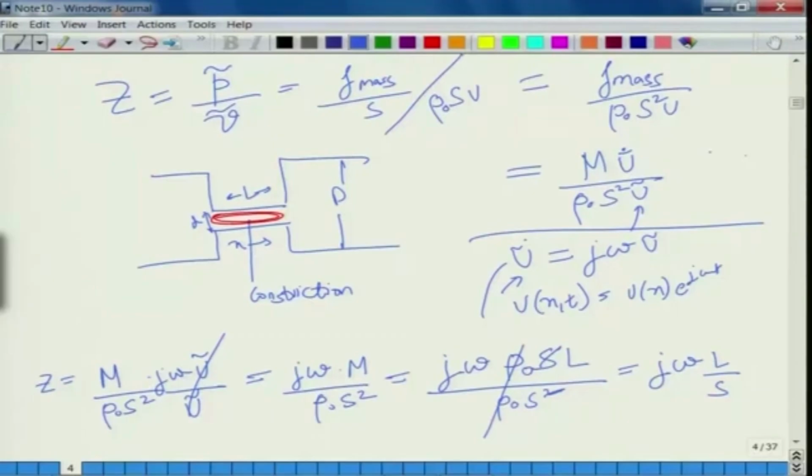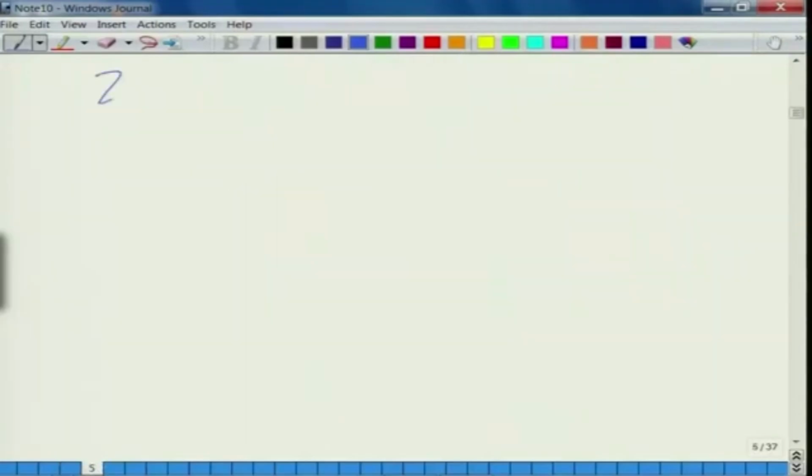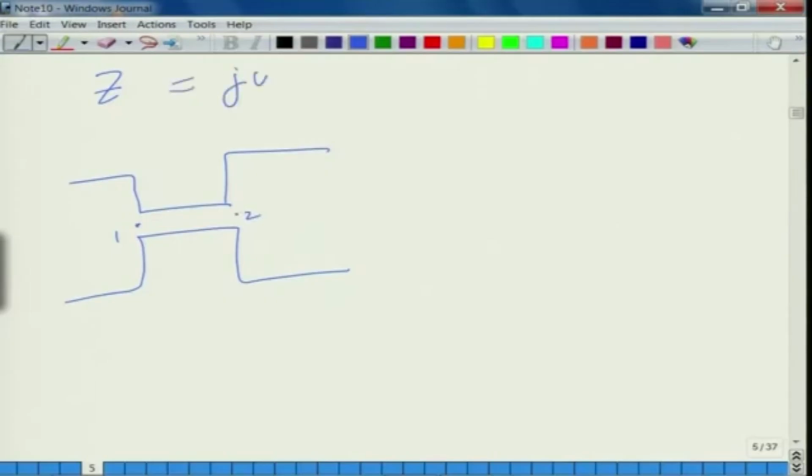into S, that is volume, the density into the cross section area into the length L. So, this is j omega L by S. So, then the impedance across point 1 and point 2 can be simply written as j omega L by S, where L is the length and S is the cross section area. So, clearly this has the form j omega L, inductance, where